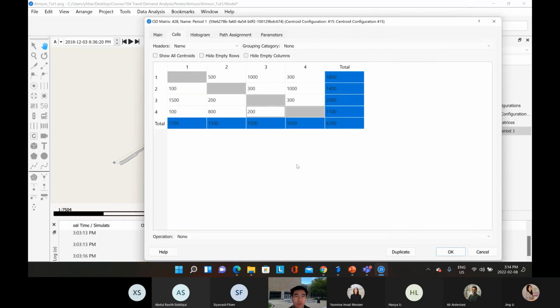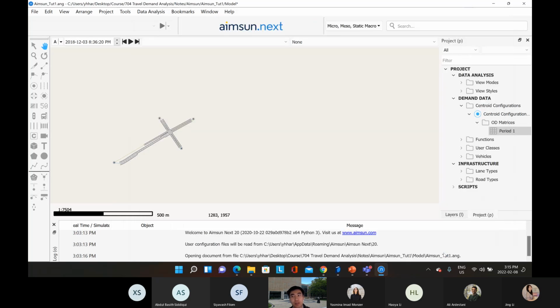So this would be one. With this one, you have defined how many vehicles you want to load in that period from 12 a.m. to 1 a.m. Click OK. You are done defining the OD matrix in the first period,